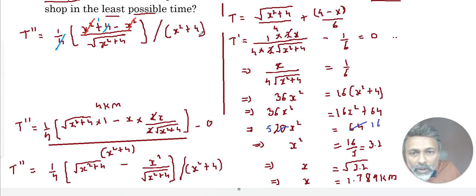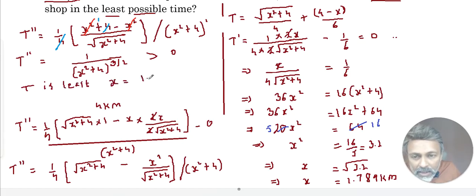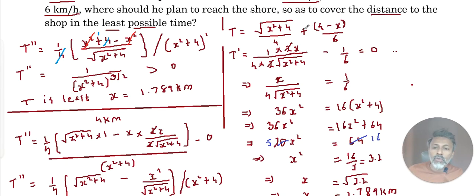The leftover quantity is positive, so it is equal to 1 upon x square plus 4 raised to half, and this degree is 1, half and 1 become 3/2. So t double dash is definitely greater than 0, because x square is also here so it will remain positive. Therefore it implies that t is least when x is 1.789 kilometers. So if you reach the shore at 1.789 kilometers from point